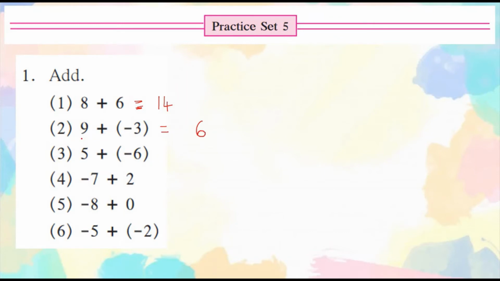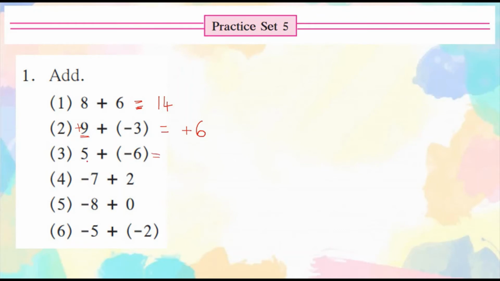After subtracting, I get the answer as 6. And for the sign, we are going to go back again to the question and see the greater number and its sign. So greater number is 9. 9 is not having any sign here, which means it is positive. So in my answer also, I am going to write plus 6.